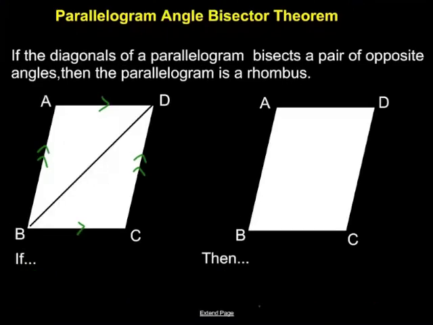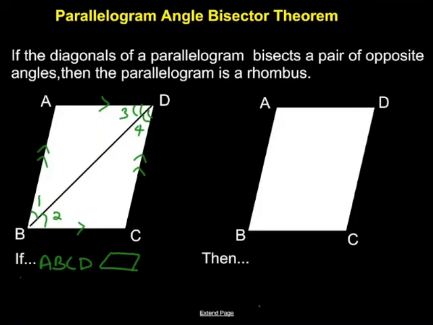Second one, if the diagonals of a parallelogram bisect a pair of opposite angles, then it's a rhombus. So if it bisects opposite angles, let's label our angles right here. I will name this angle 1, angle 2, angle 3, and angle 4. So what this says, if this shape ABCD is in fact a